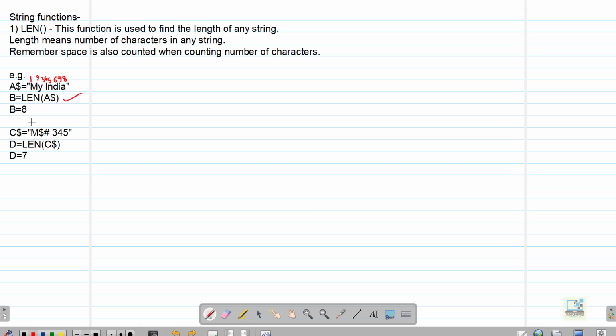So M is the first character, $ is the second character, # is the third character, then we have got the space, then the fifth character, then sixth, then seventh. So there are a total of 7 characters. If we find the length of this, it will give us 7 only as the number of characters. So this way the length function helps us to get the length of any string.